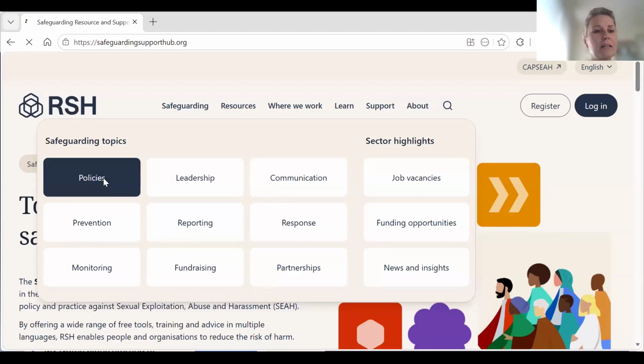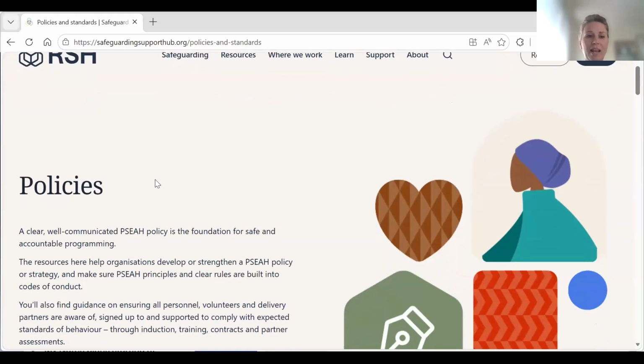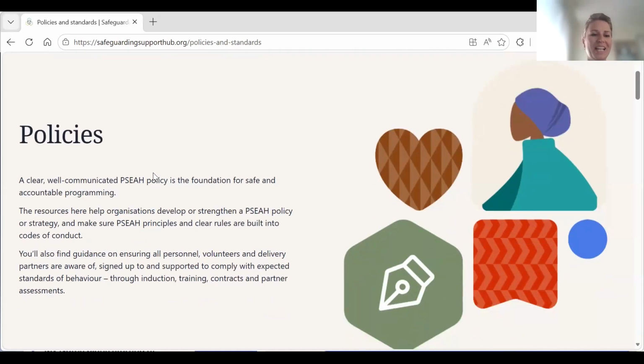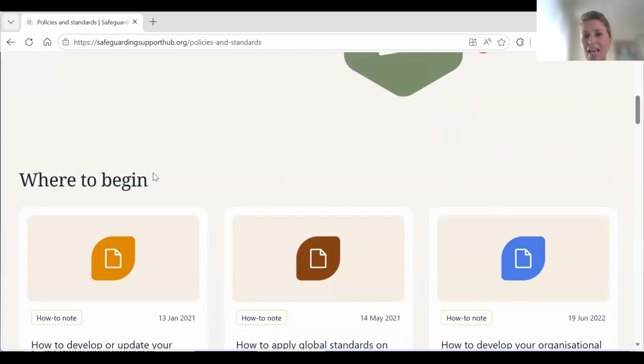So let's click on one of them, which is policies, which will take you to a page where the relevance of policies is briefly explained in the context of safeguarding. Then it takes you straight to a collection of resources related to policies. It always starts with a where to begin section, a collection of resources for those who are just starting out.